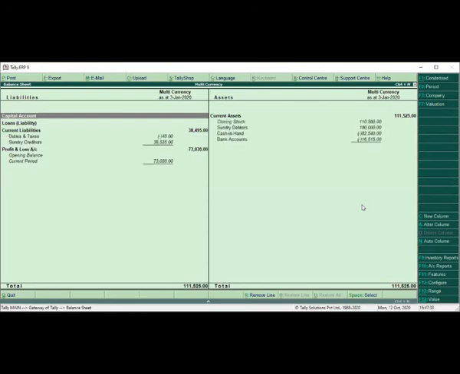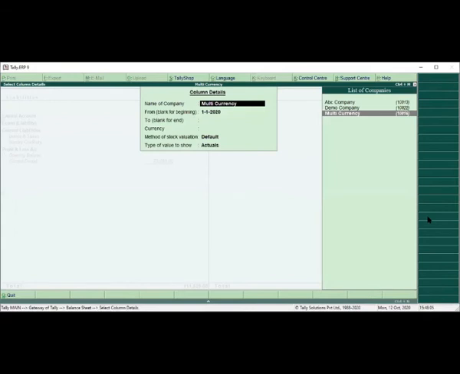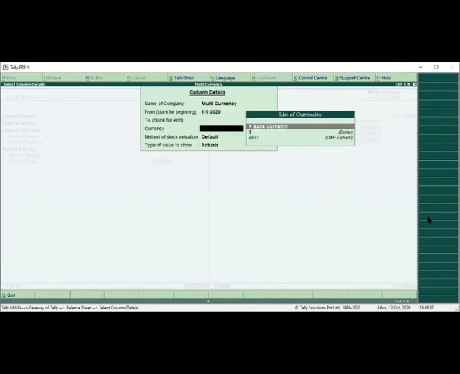So this is the balance sheet. Now you want to see that this balance sheet is reflecting in my base currency, but I want to see it in different currencies. How is it possible? Because I'm dealing in multiple currencies, it can be 10 currencies I'm using. In this case, I'll go to new column. In the new column, I can select the same company and I can define the currency here. You can see previously the amount is already reflecting here in AED. I'll select dollar and save it.